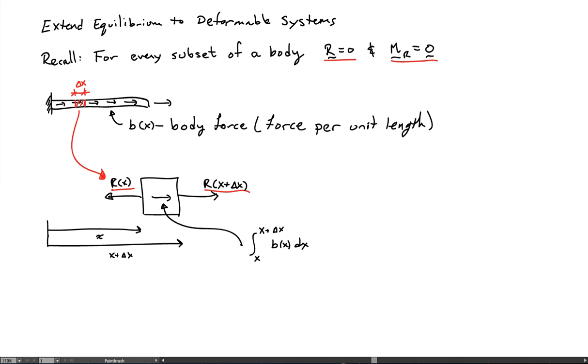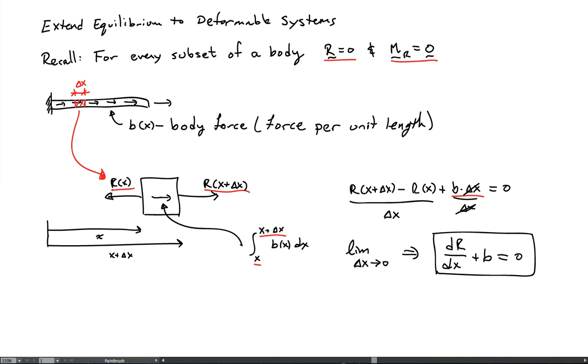And the actual force there is going to be the integral of the body force from x to x plus delta x. So I have three forces acting on this little segment of material. I have the two internal forces from the left and the right, and I have the body force in the middle. So if I sum the forces in the x direction, set them equal to 0, I have r of x plus delta x minus r of x plus b times delta x. So I've approximated this integral here by b times delta x. And I'm going to take the limit as delta x goes to 0, so it's not going to matter mathematically. So I'll divide through by delta x, and then I'll take the limit as delta x goes to 0,